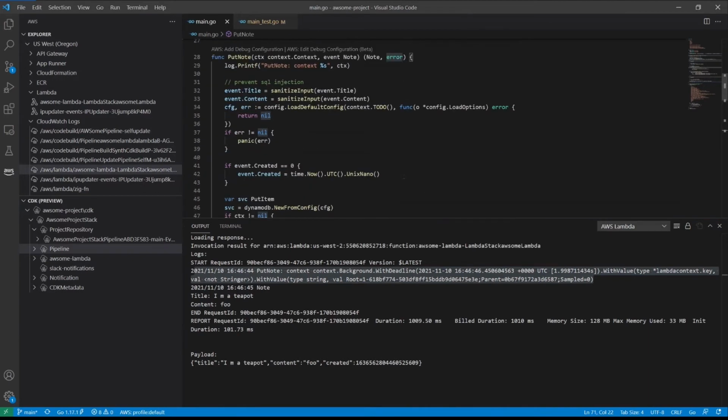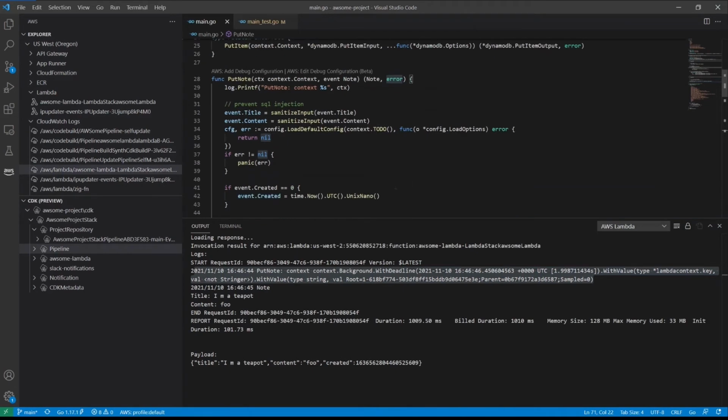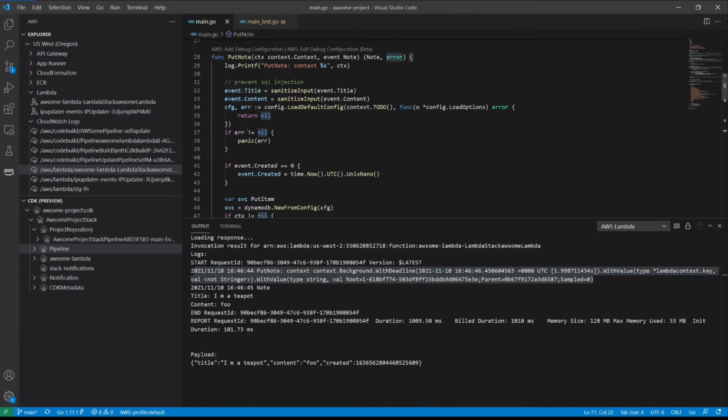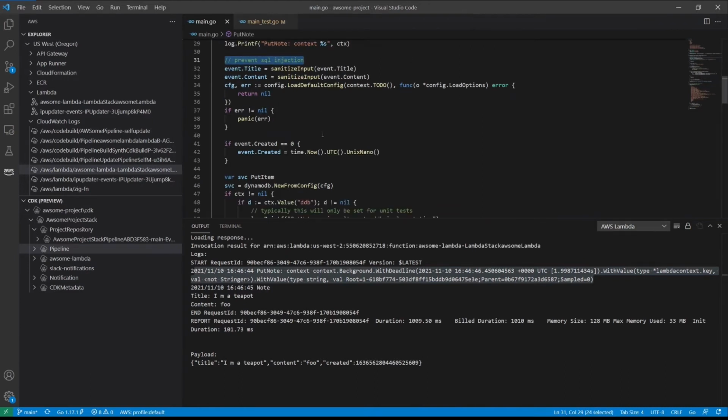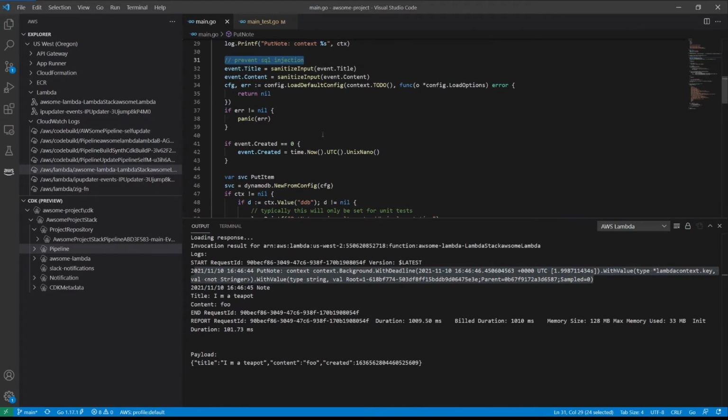So with that quick tour through the code, we want to see what might be wrong with it that's causing this apostrophe issue. Kate's going to look through this code and she's going to notice that there's this prevent SQL injection. Well, DynamoDB isn't using SQL. It uses a different language to interact with it. There are, of course, ways to interact with DynamoDB through SQL by alternative means, but we're working directly with DynamoDB. And so this is a little bit suspicious. So let's take a look at this sanitize input.